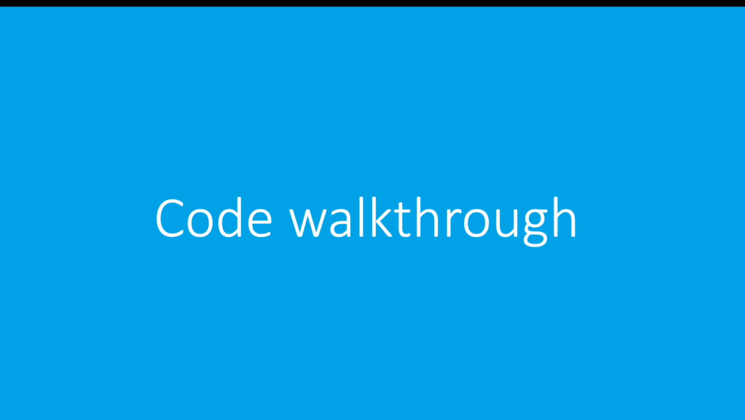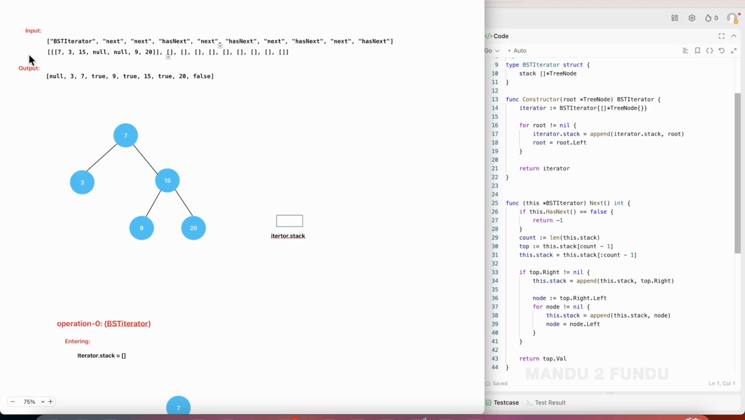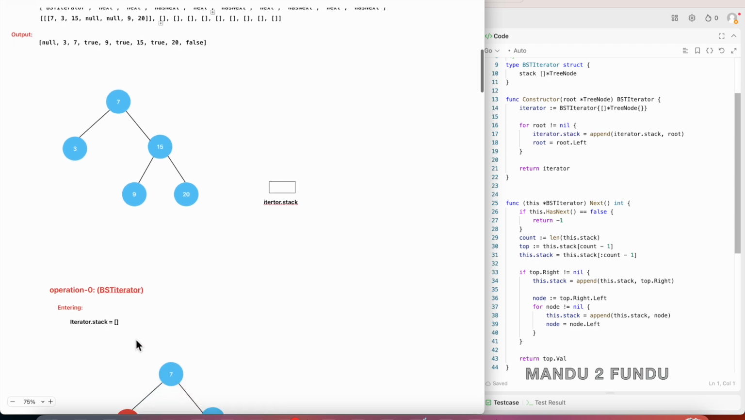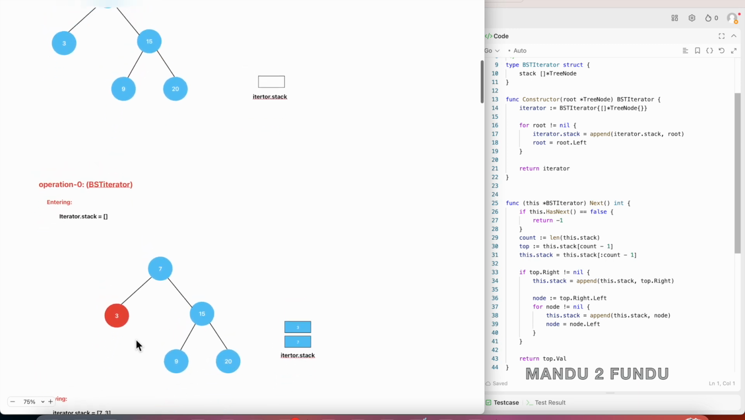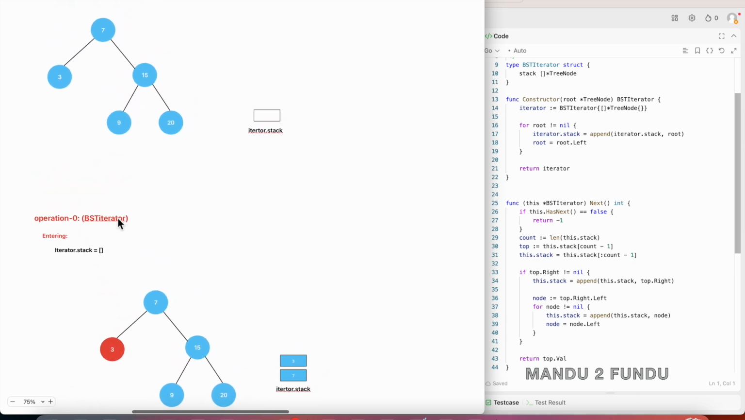Next, I am going to do the code walkthrough with sample input. We are given this sequence of operations and those operations' corresponding input. Okay, and this is the expected output. So the first operation is the constructor function. So when the constructor is called,